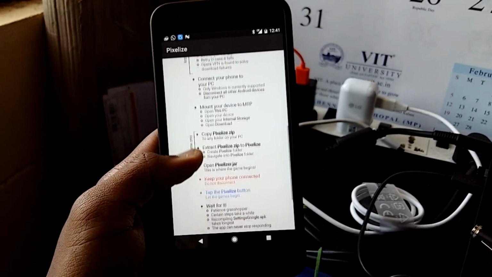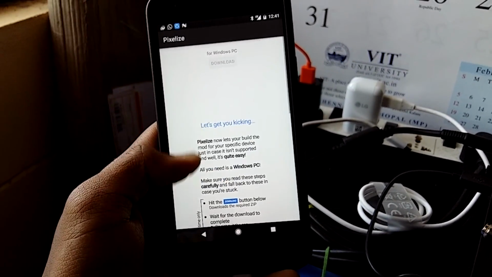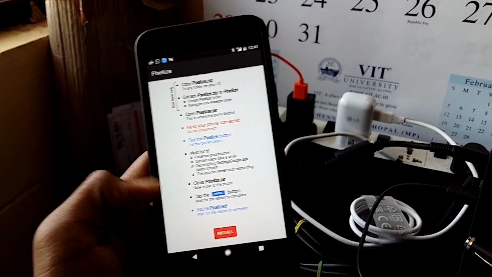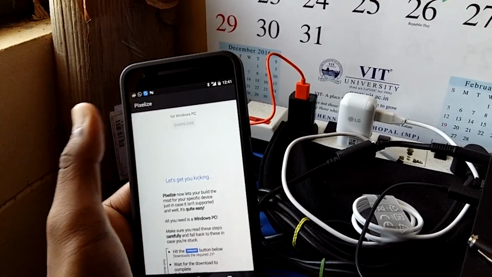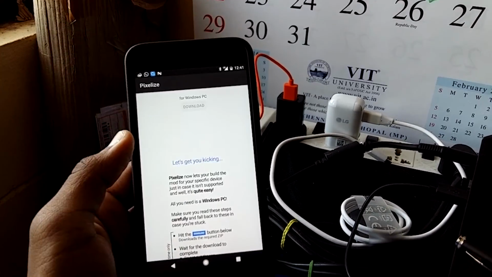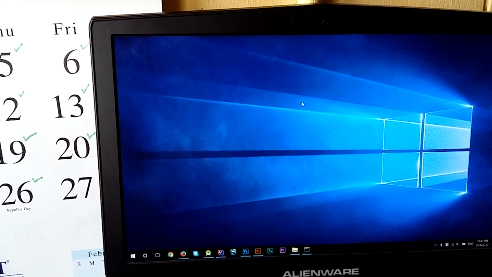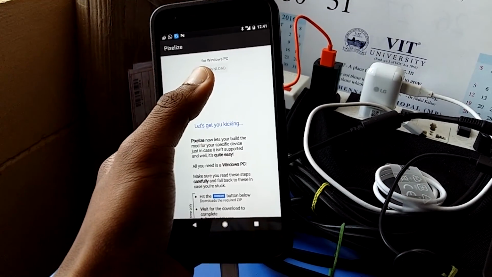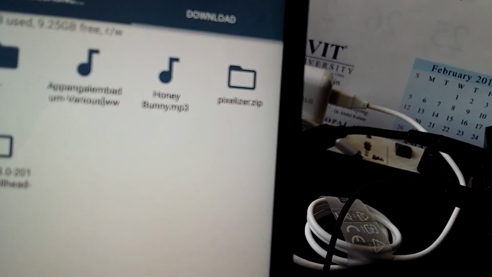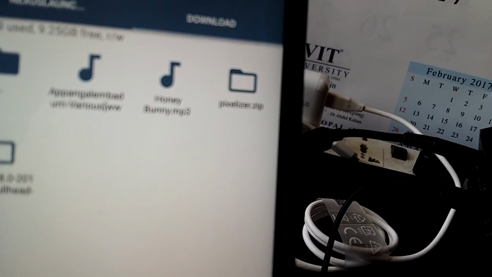We've got all these instructions coming up over here. I'd recommend you guys to read these instructions. Anyway, it's bundled with this app so you can read it later on. This download right over here is a one-time download because it downloads a zip that's required to run it on your PC, after which your device can be pixelized, after which any device can be pixelized. I have already made the download, that's why it's grayed out over here, I cannot tap it. It basically does this download when you press the download button. I'm not getting the focus right.